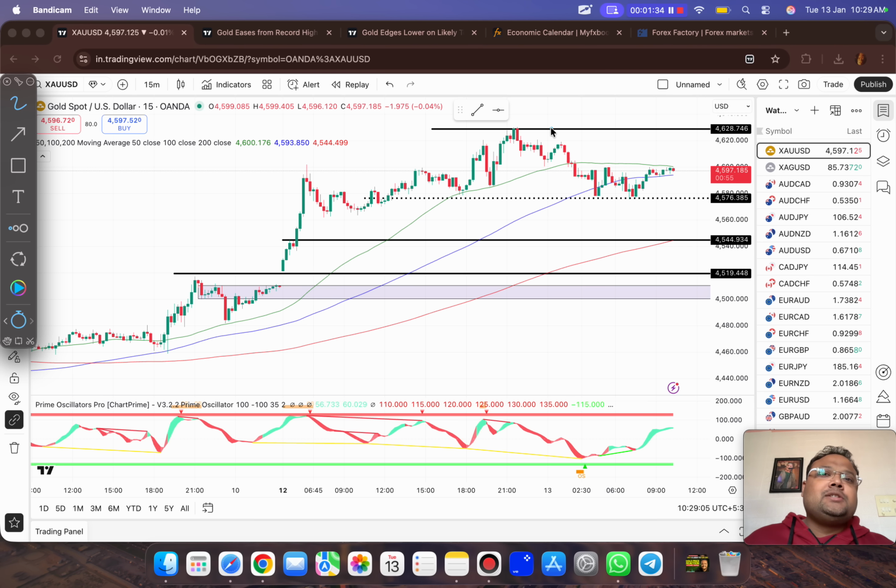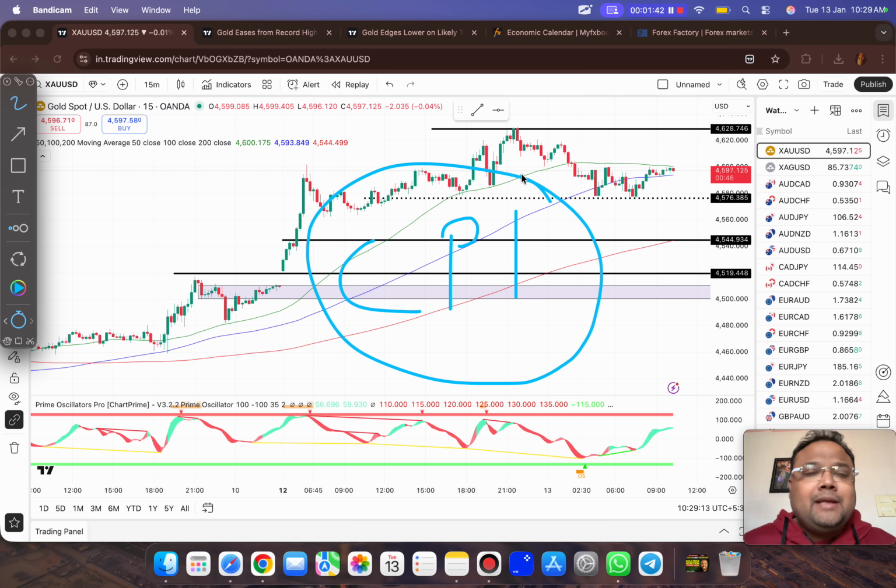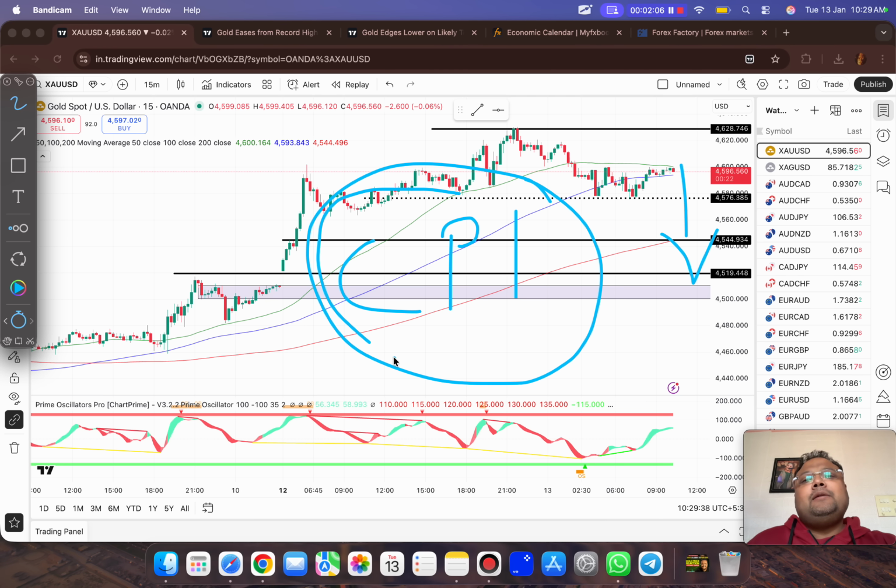But we need to be cautious today because today is a big day. After NFP, the next big event is CPI, and today is CPI day. The trend of the market is as of now bullish, but if gold drops after CPI, then yes, there is a possibility of a trend reversal, because as we all know, for any trend or direction change, we need a fundamental reason. It can be NFP, CPI, or anything, but something fundamental, not technical. So CPI has the potential to change the direction of the market.